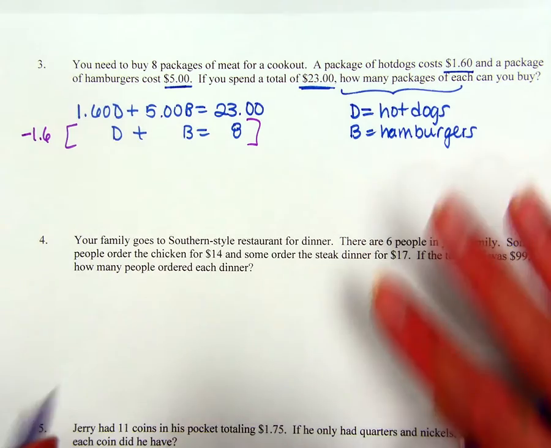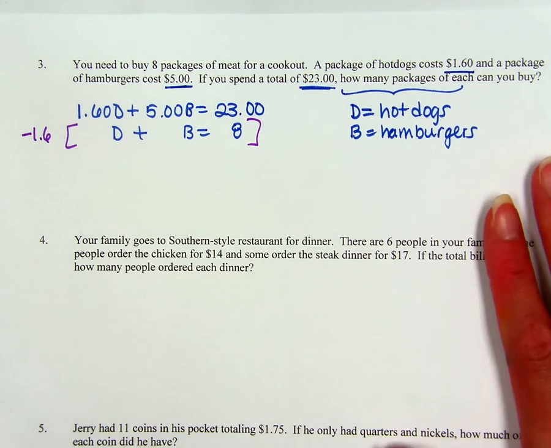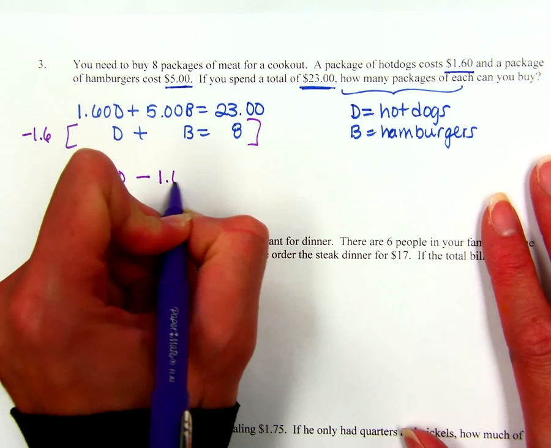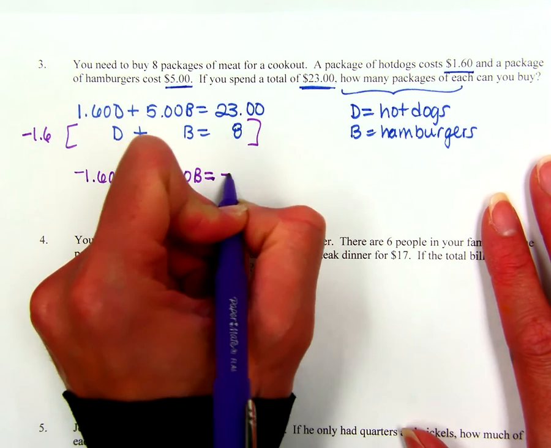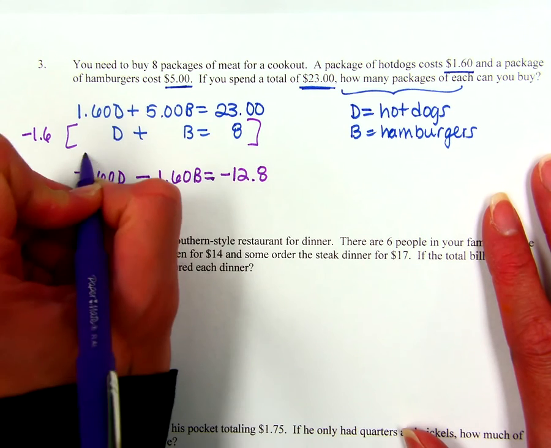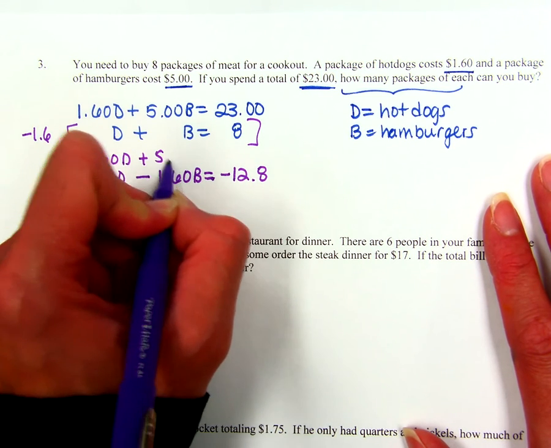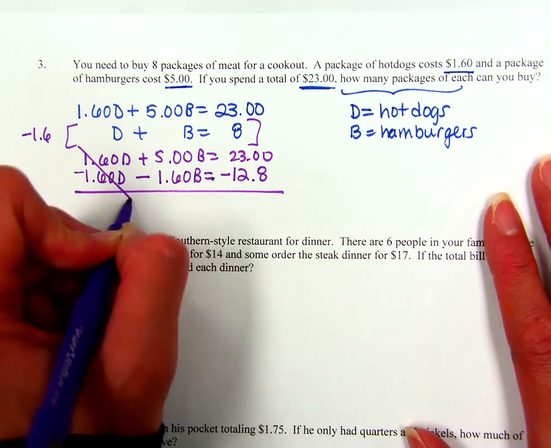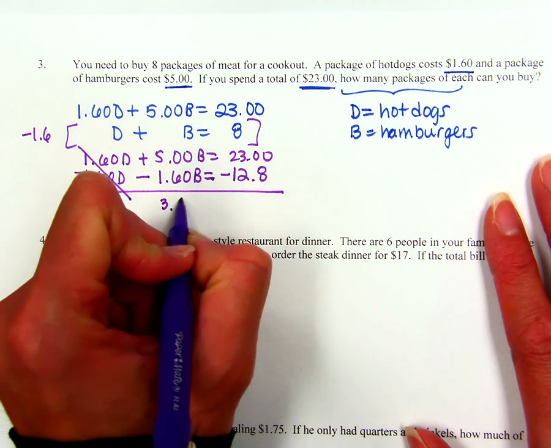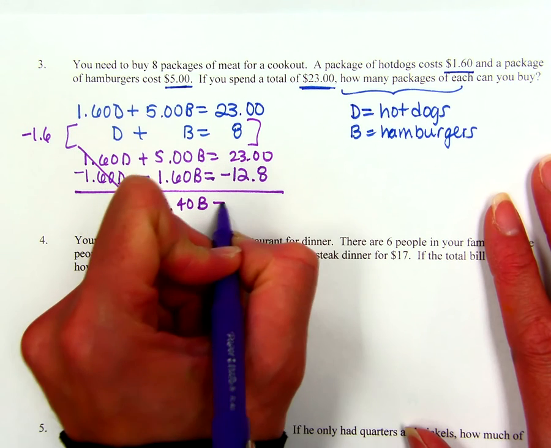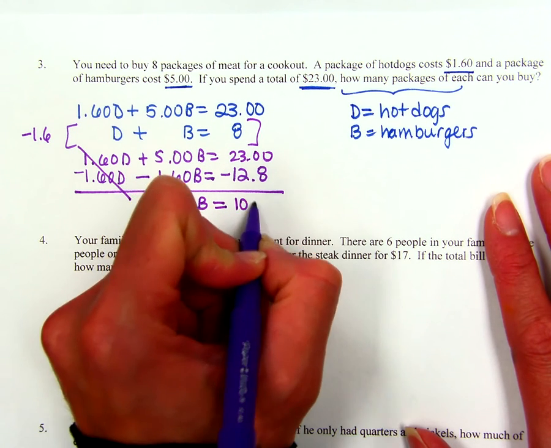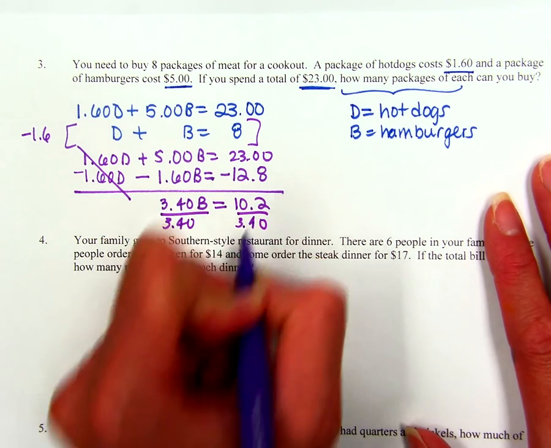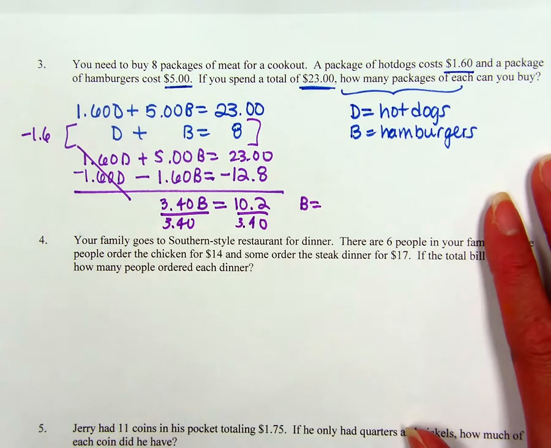Now that everything's lined up, I can multiply, let's say, the bottom equation by negative 1.6. I could do it by negative 5, that would work as well. Okay, so I'm going to do negative 1.60 D minus 1.60 B equals negative 12.8. And then the top equation doesn't change. All right, I'm going to add together. The D's cancel, and I am left with $3.40 times B equals 10.2. So if I divide both sides by 3.40, then I get B to equal